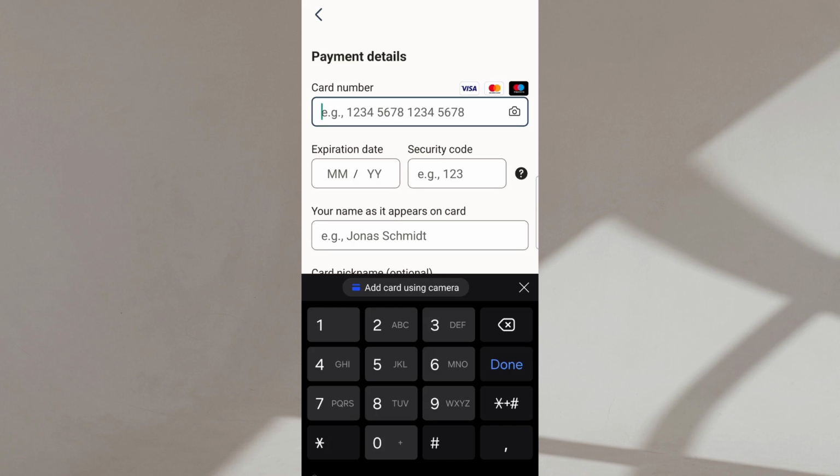This helps prevent errors and makes future payments much faster. After it's added successfully, you should be able to select Apple Pay when sending money through Remitly. And that's it. That's how to pay with Apple Pay on Remitly. Take your time during setup, double-check your information, and you should be ready to use it smoothly for your next transfer.